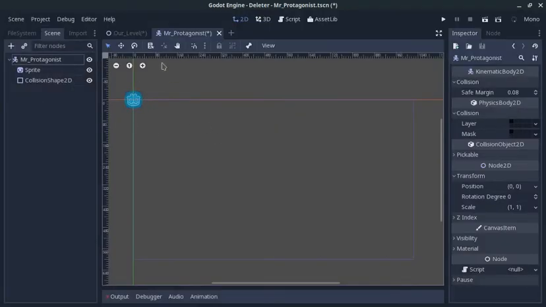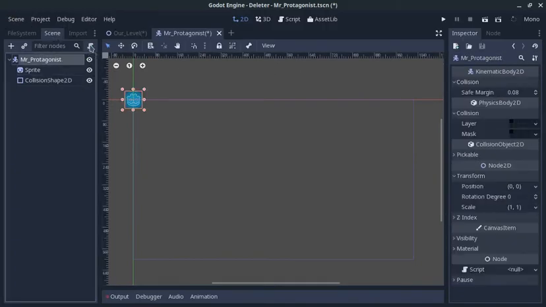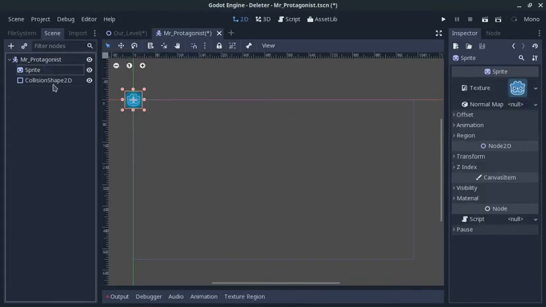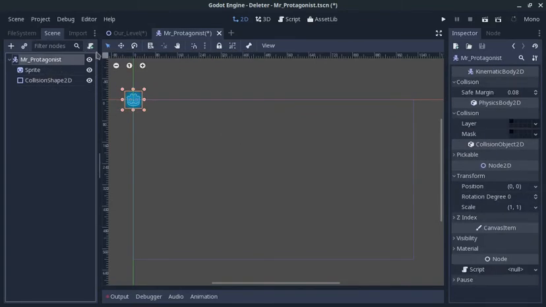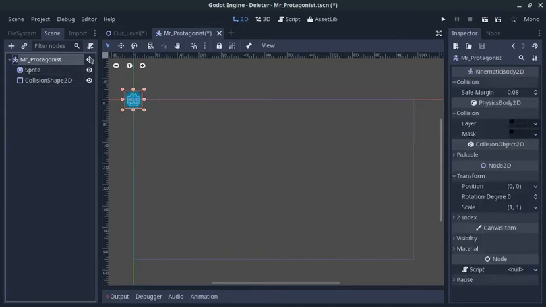So let's go over scripting. For example, we have our Mr. Protagonist. If you want to add some behavior, some coding to it, you have this little script icon with a plus sign, and you can add a script to it. Any node can have a script, and the script will be like a class which inherits the node it is attached to. You have to be aware that each node can only hold one script. There's only a single script for each node. So let's go do this